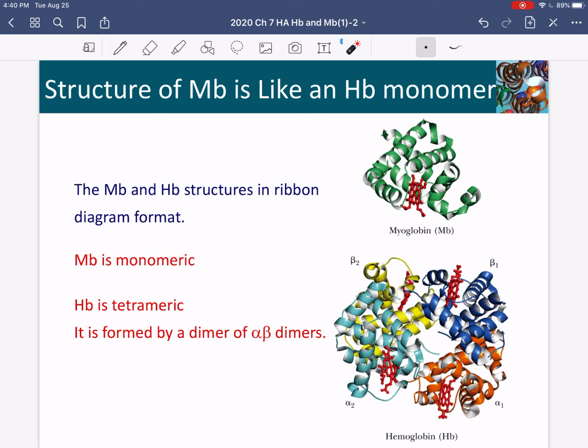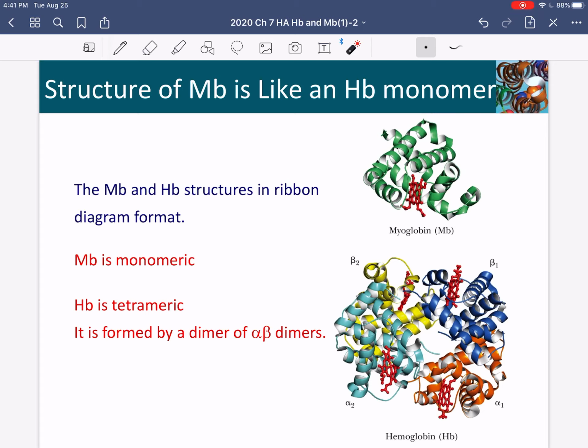All right, so we're looking now at the structures in a ribbon diagram, and each polypeptide has a different color ribbon. And so myoglobin is shown all green, so that is your monomeric protein with a single heme group, and it is all alpha helices. So this is an all alpha protein, myoglobin. Hemoglobin is also an all alpha protein, but you see there are 4 different colors, so that's the tetrameric quaternary structure that you have in hemoglobin that you don't have in myoglobin.